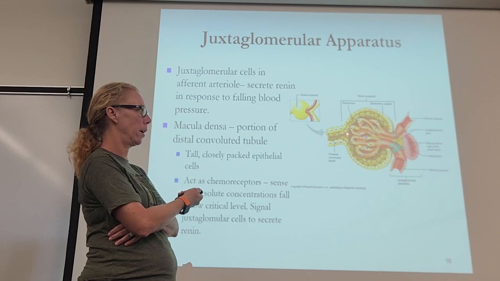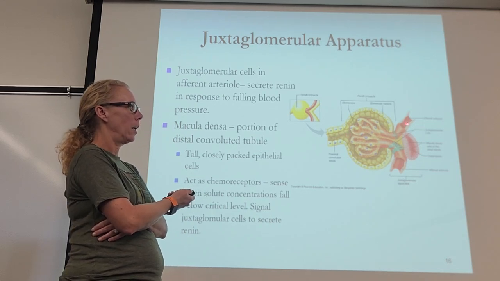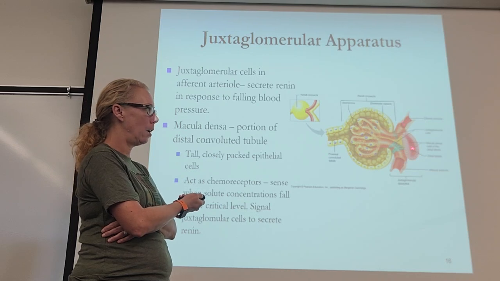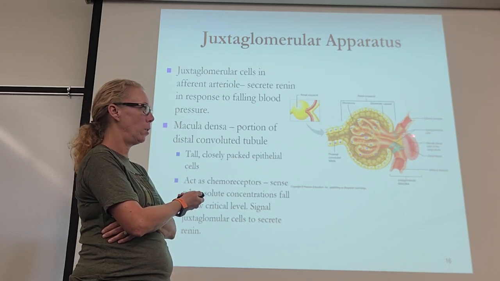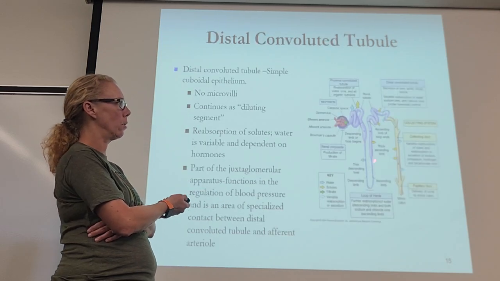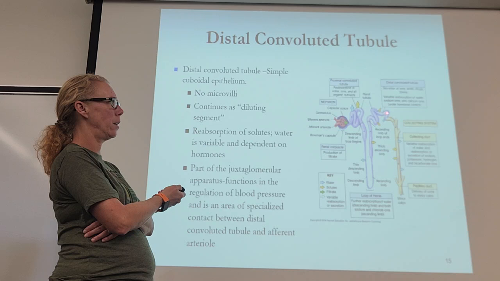So PCT direct connection. You've got afferent, efferent arterioles leaving, and then in the model that you identified in lab, you identified the distal convoluted tubule right here, okay? Well, in previous pictures, the DCT's over here. It's not over here,